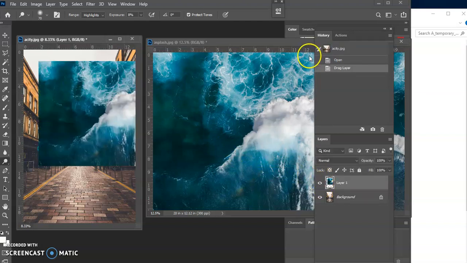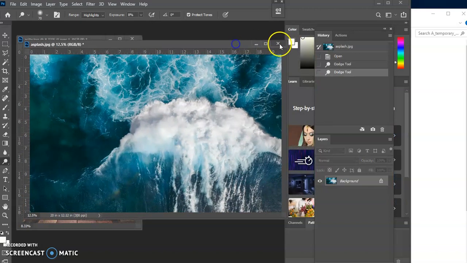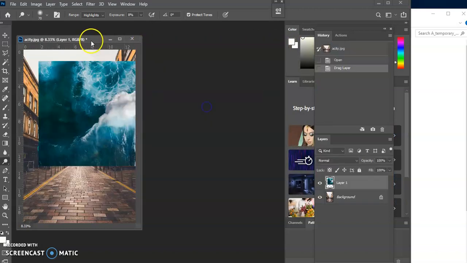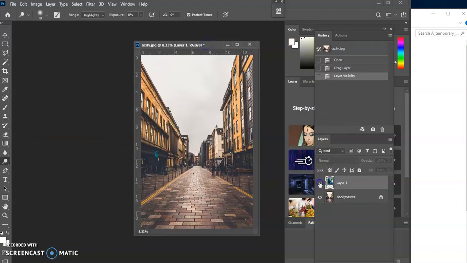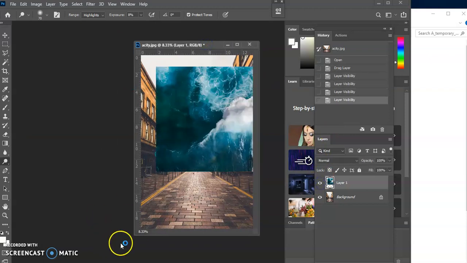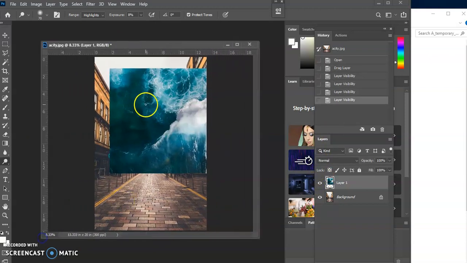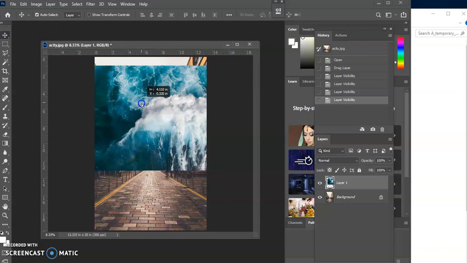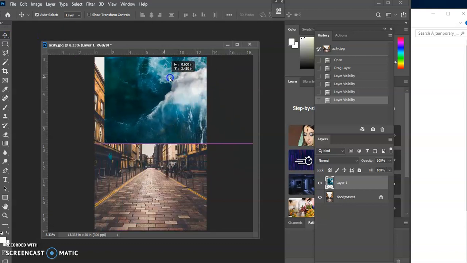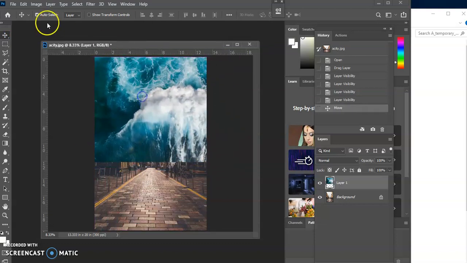And now you have two images, one on top of the other. Now, your Move tool, or the letter V, will let you scooch that file anywhere you like. Or you can edit,